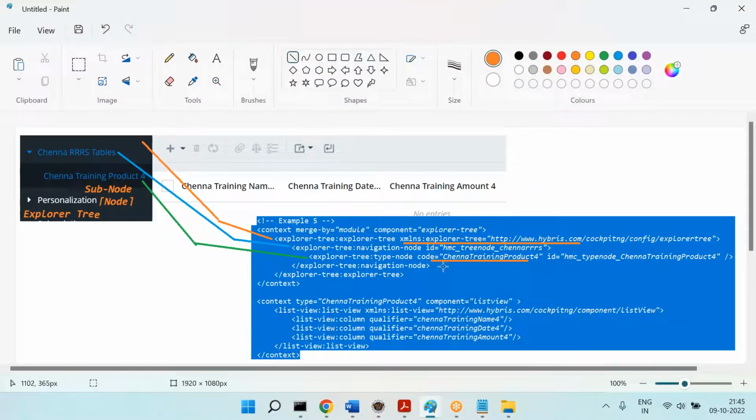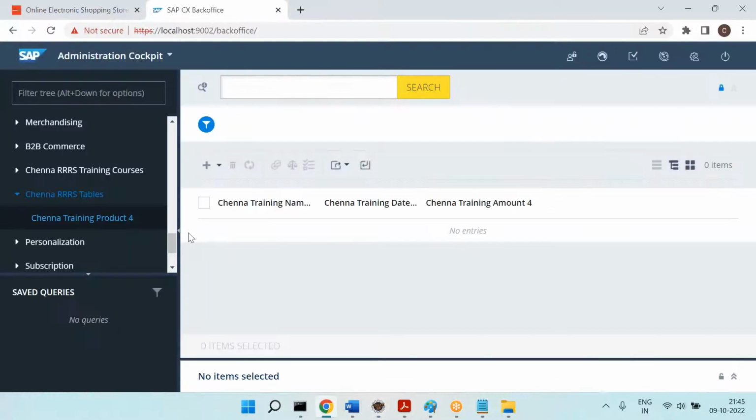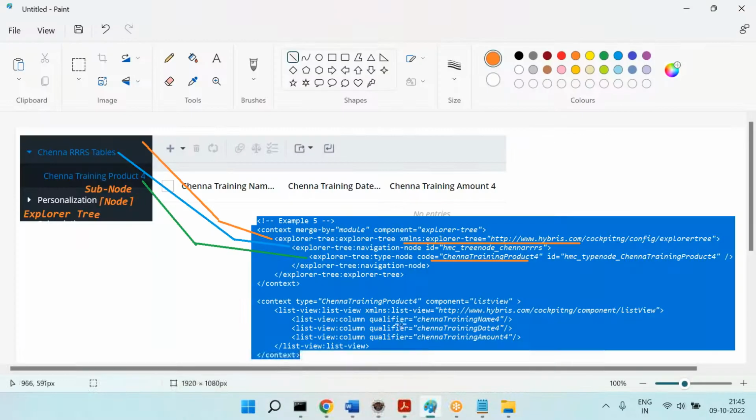Now it is talking to the training product 4. When you talk to the training product 4, it is giving the results, right? Those results you need to display here. For that you need to create one more context. So therefore, context type equal to this one, and